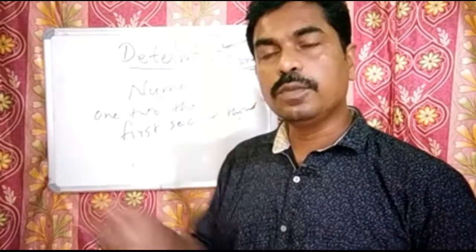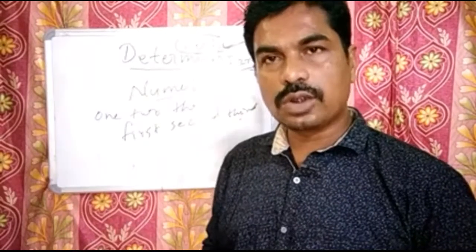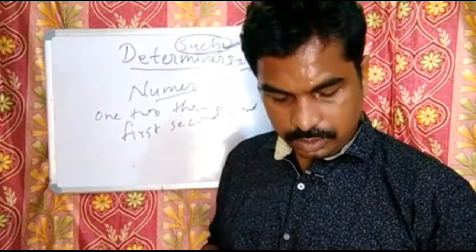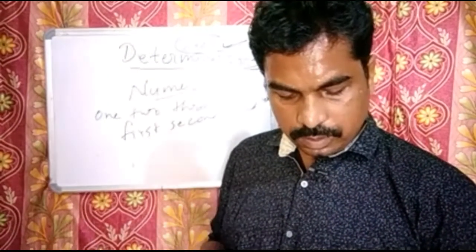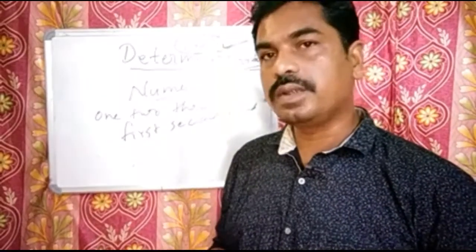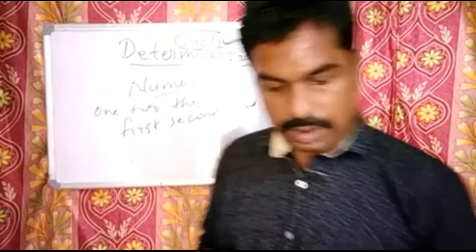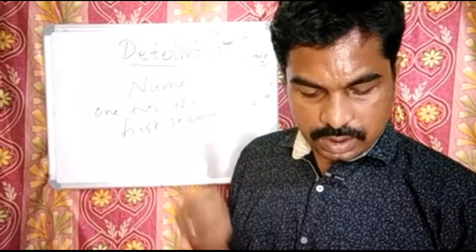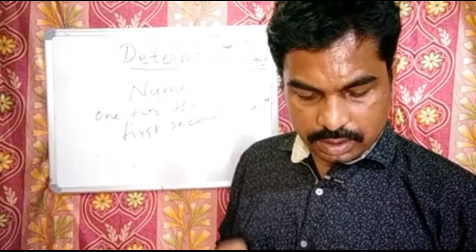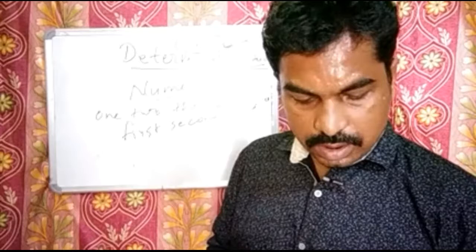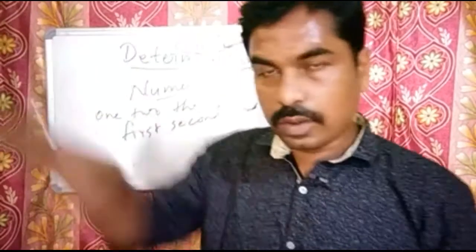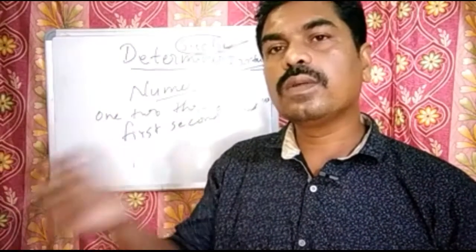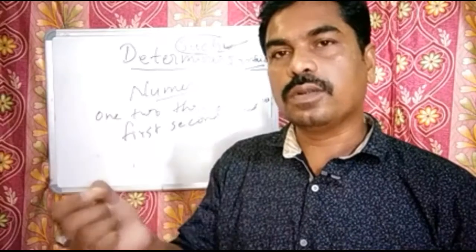Which book is yours? Which house is yours? I can say, what name do you go by? Whose book is this? Like that I can say these words come under determiners. And then we have distributive determiners. Words such as each, every, either, neither, several, other, another. All these words come under distributive, where we talk about a group, but still in a group we talk individually about one individual, one person, or one thing.